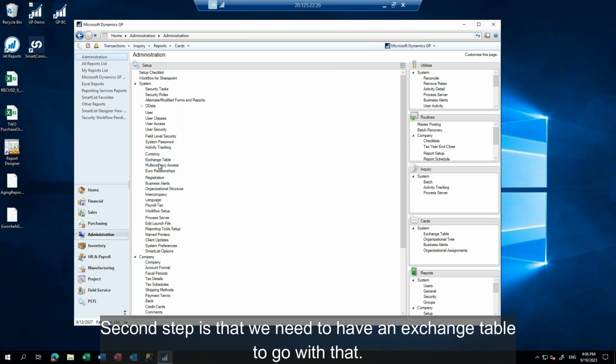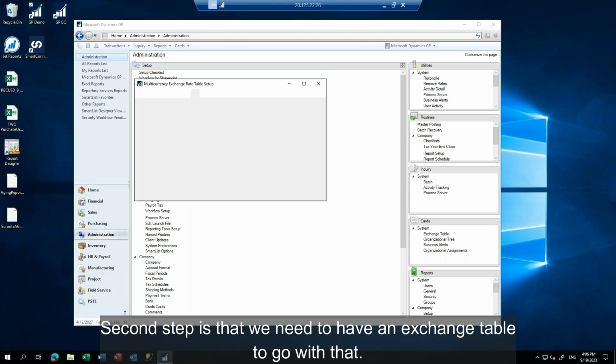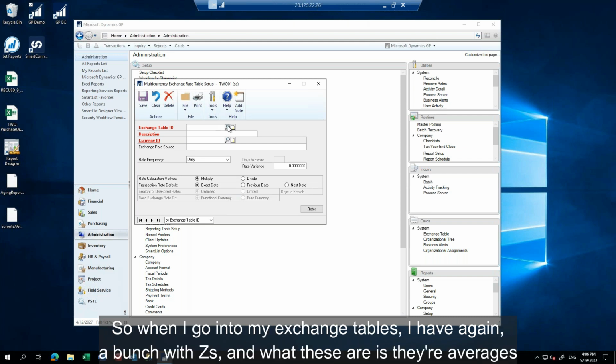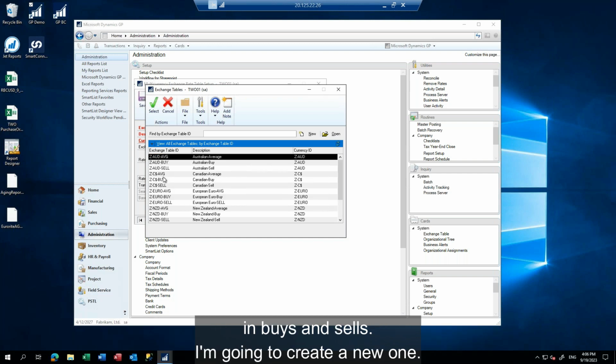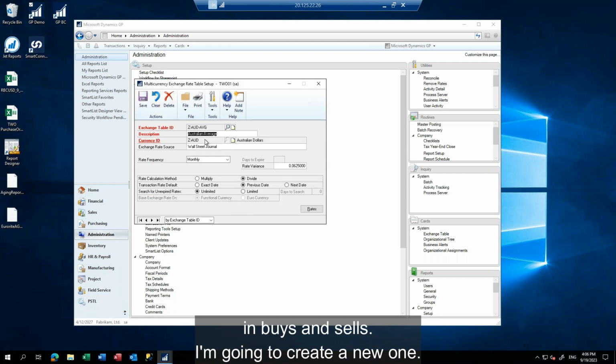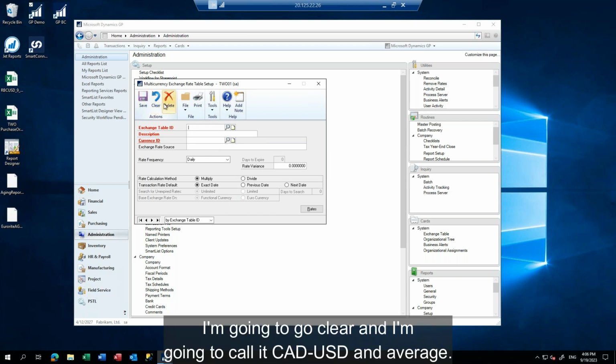Second step is that we need to have an exchange table to go with that. So when I go into my exchange tables, I have again a bunch with Zs. And what these are is their averages and buys and sells. I'm going to create a new one. I'm going to go clear, and I'm going to call it